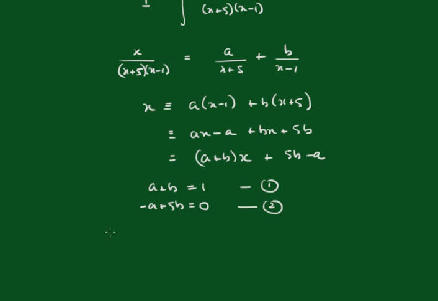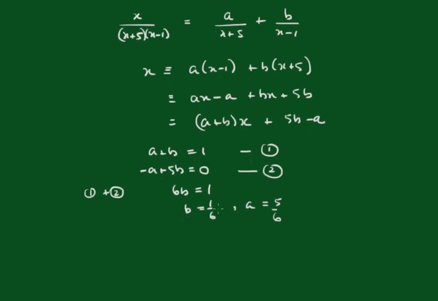That's equation 2. Now if I add 1 and 2 together, I get 6B is equal to 1, B equals 1/6, and putting that back into here, it's obvious that A must be equal to 5/6. Right, now I can go back and write the integral I as the integral of, and because it's got a common denominator of 6, I'll take the 1/6 out the front,